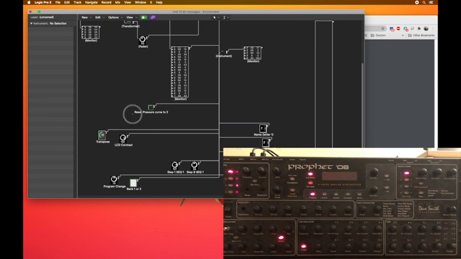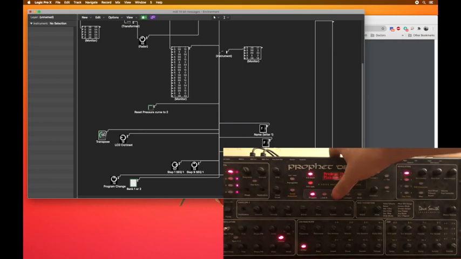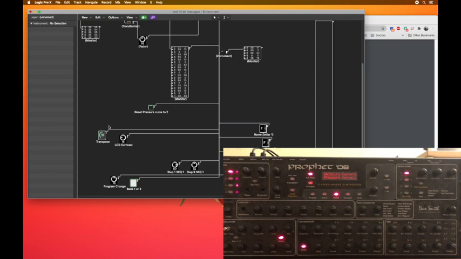Change my contrast on my screen. Or some of the global parameters. I have a button to change that to 2. Or if I want to transpose,